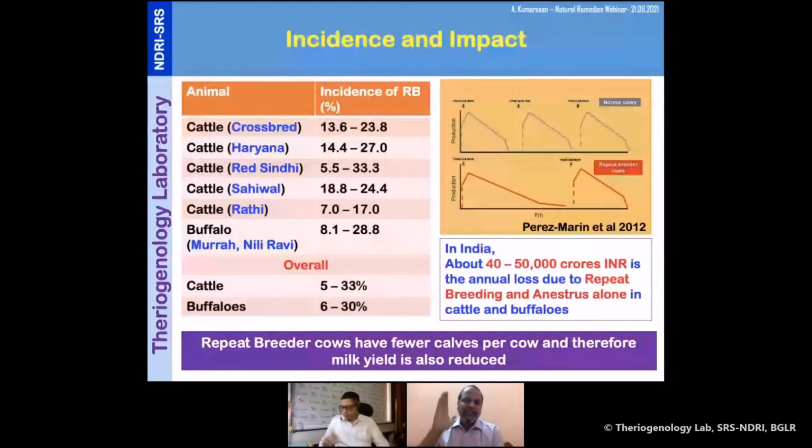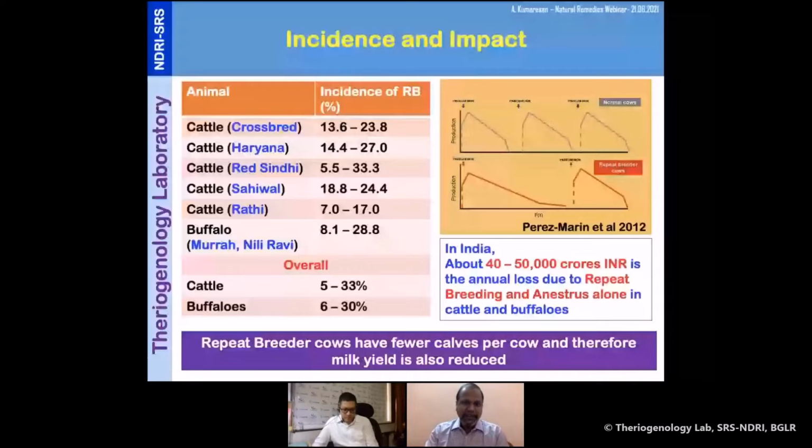So actually the true incidence of repeat breeding is far less than what is being reported here. But these are all the things. If you see, there are some versions, from field veterinarians as well as researchers, that some breeds of cattle are said not to have much repeat breeding problem, whereas some other breeds are blamed as the culprit causing the repeat breeding problem. But whatever the data I could see with my little knowledge, there is no clear-cut difference in that.